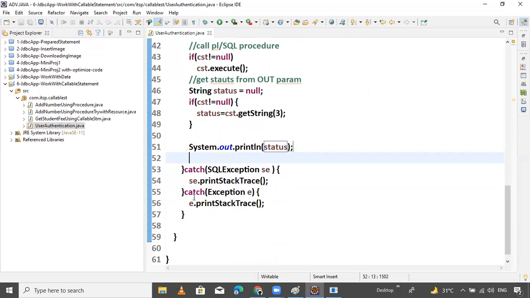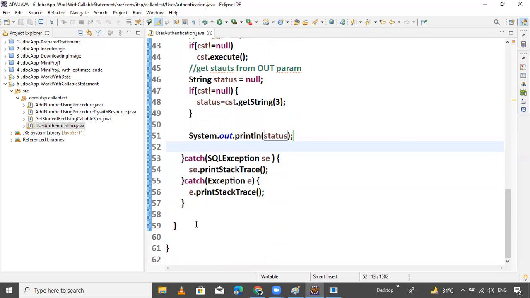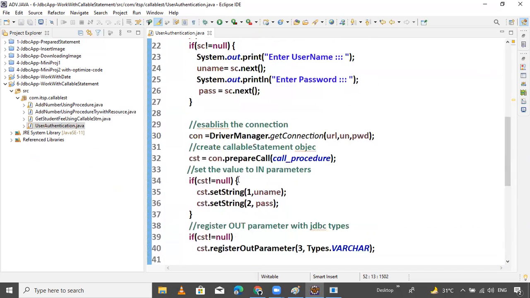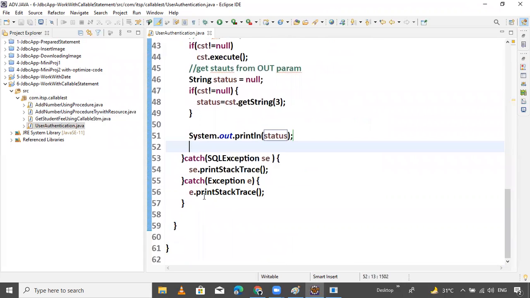Okay, guys, now the program is ready for execution. Now you can close the connection by using try and catch. One more, you can use a finally block. Inside the finally block, use try and catch.